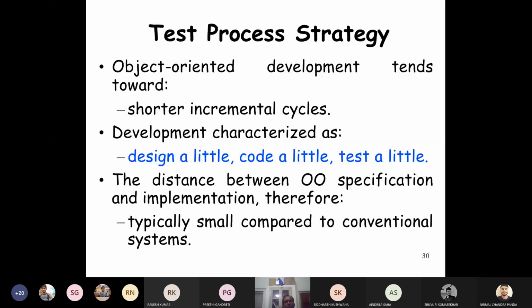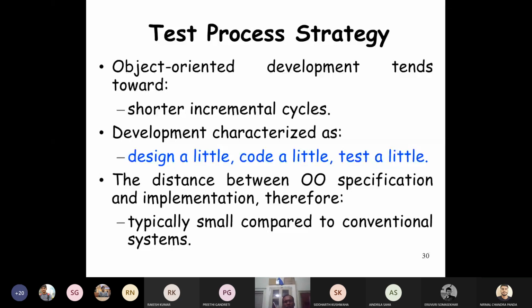So in object-oriented software development, the development is characterized as follows: design a little, code a little, and test a little. The distance between object-oriented specification and implementation is therefore typically very small compared to conventional systems.